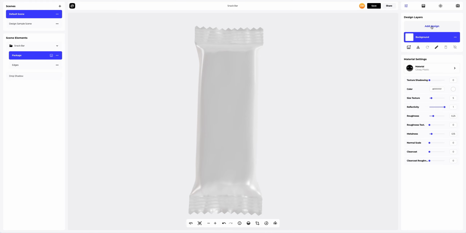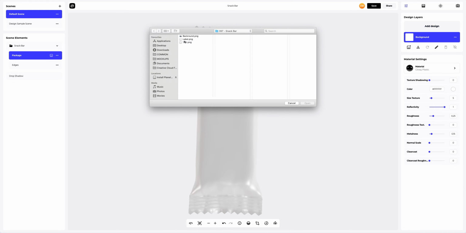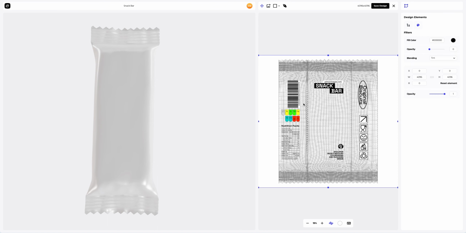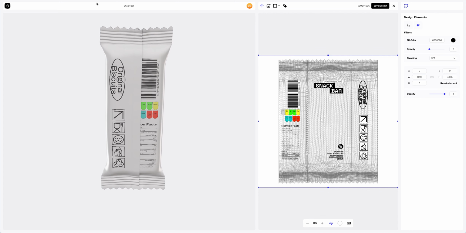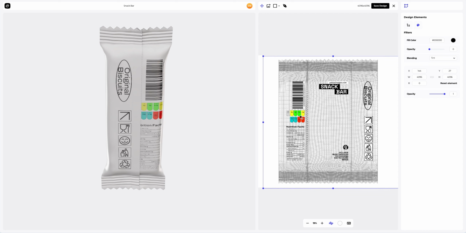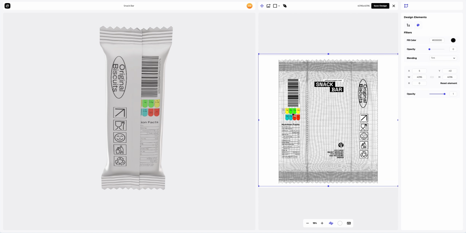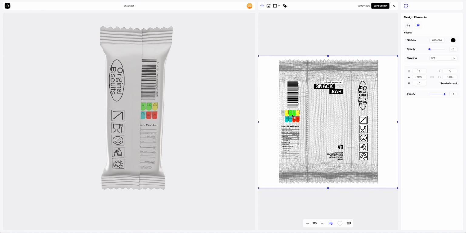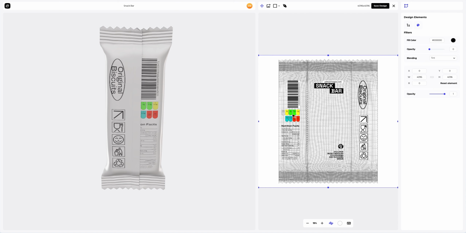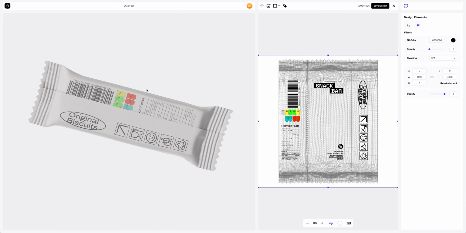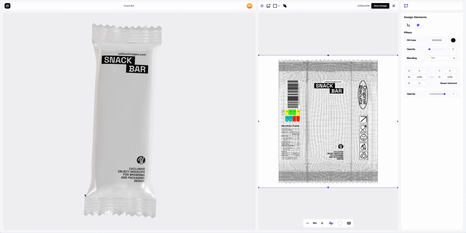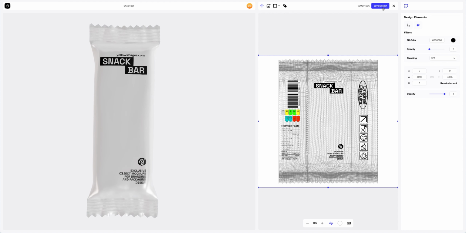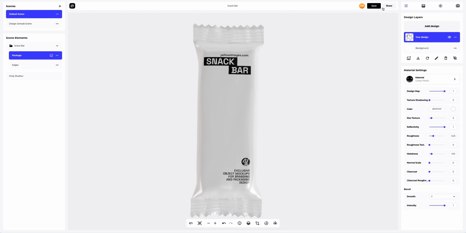I've prepared a few design elements for this project. Let's add the useful information for the customers to our packaging. Logo, nutrients, barcode, everything. In this window, we see the editor, where we can move and modify our design. Here on the left, the position of our design on the 3D model is always displayed in real time. Amazing. All in one file, wraps perfectly around the mockup. You can basically just wrap your print file onto it,